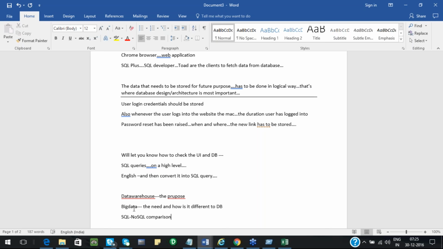These are a few big data databases. In order to retrieve, insert or delete data, the query language that is used is NoSQL. That's on a high level.